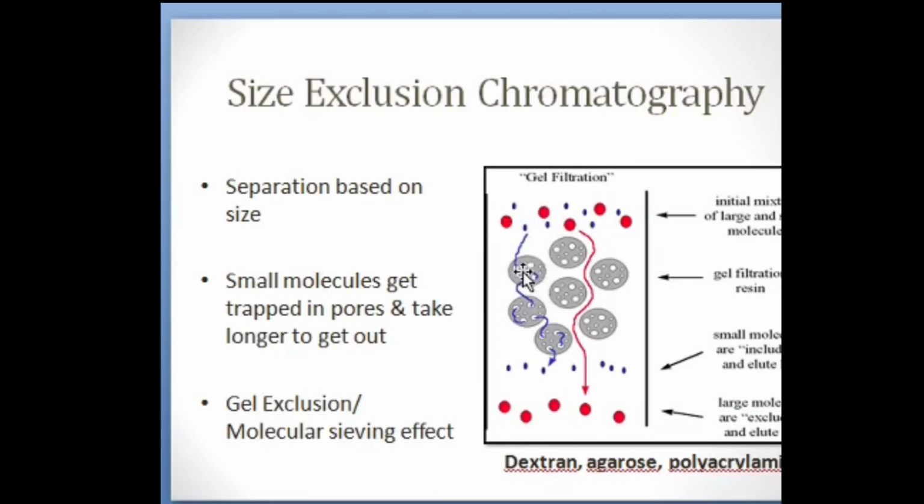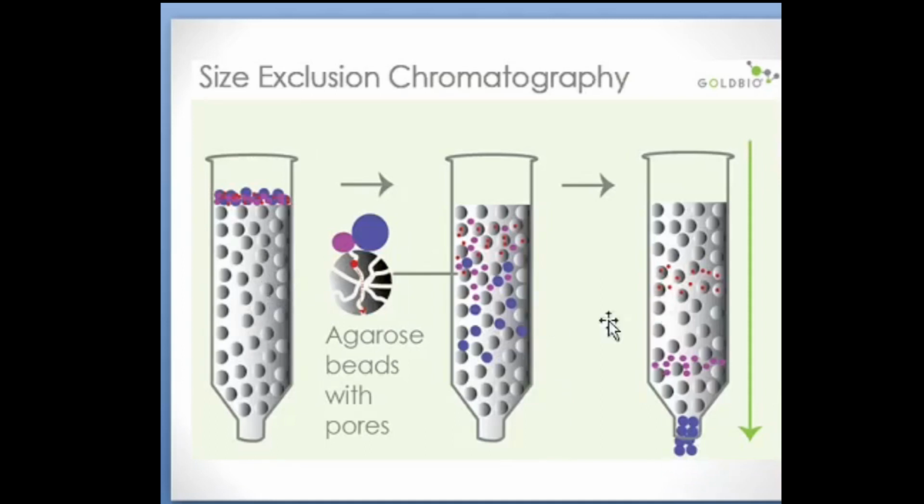They will get trapped in these pores and they will take a longer time to get out, whereas the larger molecules will easily come out fast. You can see in this picture, these are the resins or agarose beads, and they contain pores. When we apply the sample mixture, the red color here, they will enter through the pores inside the agarose beads. So they will take a longer time to flow down this stationary phase, whereas the larger molecules will come